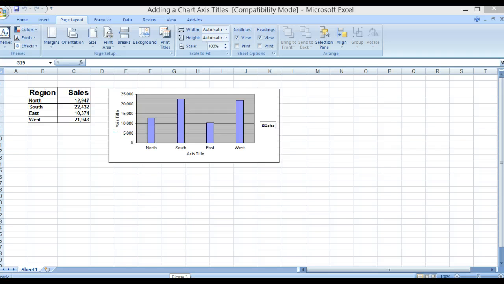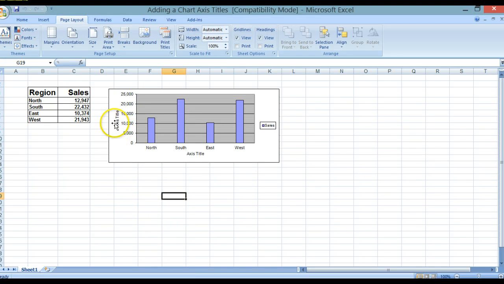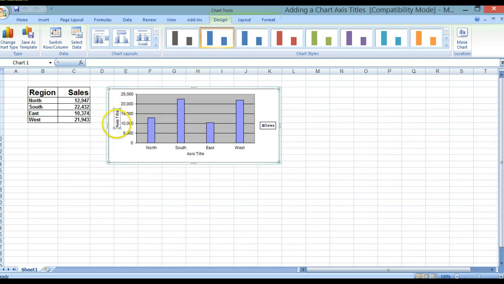Now that we've done that, we're actually going to change these axis titles. So the first thing you do is you double click on the first one, so we're going to do the vertical one, and we actually need to highlight the text in that, and we're going to change that text to actually show value of sales. So I type in value of sales,